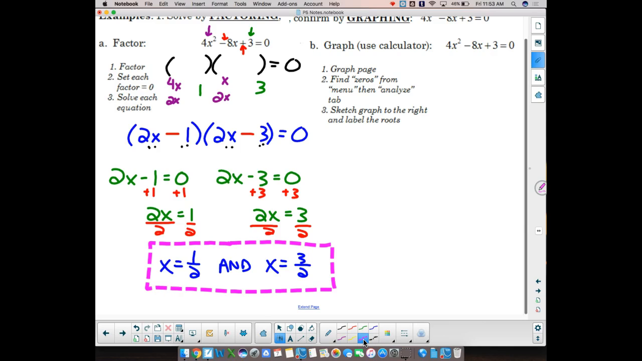Yes? Okay. Then if I wanted to, I could go back and check it. We're going to check it graphically, so I'm not going to necessarily do that check right now. Okay? So on the graphing calculator now, what we're going to do